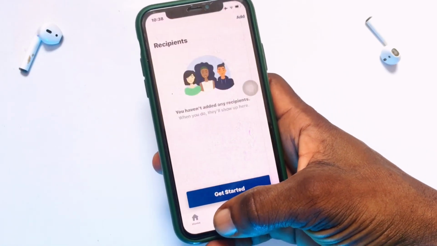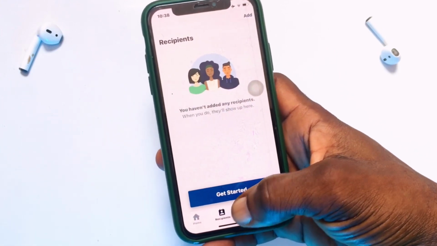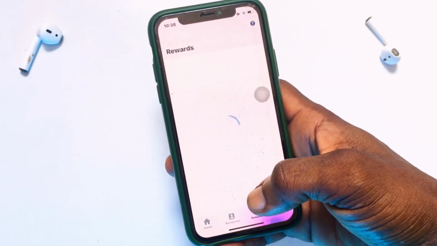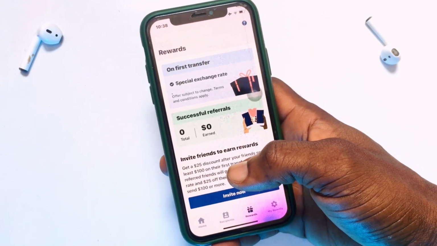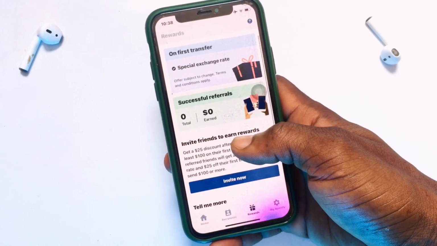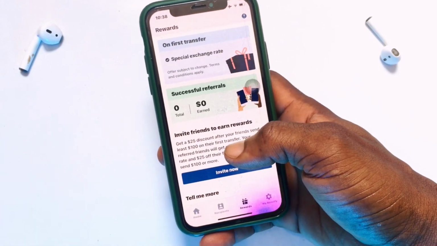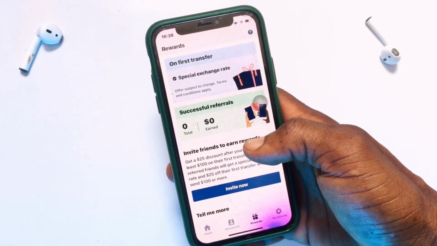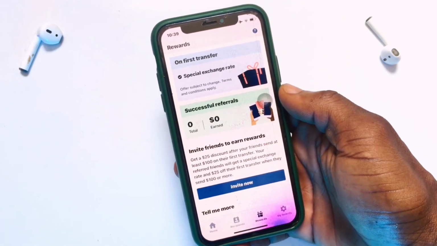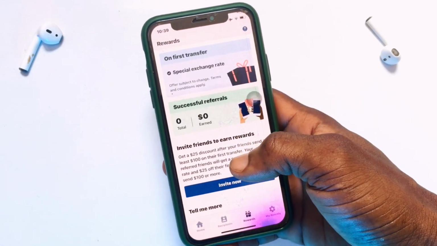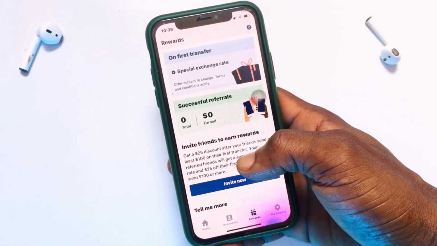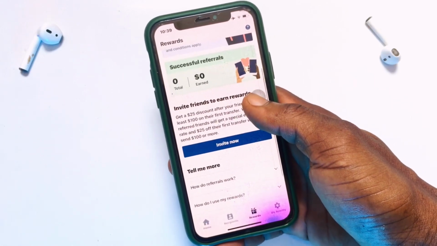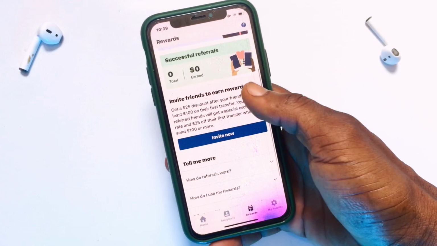So if you go onto the recipient, these are basically the people that you have sent money to in the last couple of days. If you go on to rewards, you also have several rewards available on this particular app, and one of those is if you invite your friends to create an account with this particular application, once they send $100 to somebody using this app, you are entitled to a bonus of $25 discount, and that will be reflecting in your account once they have used this particular